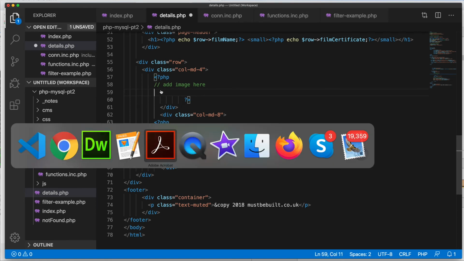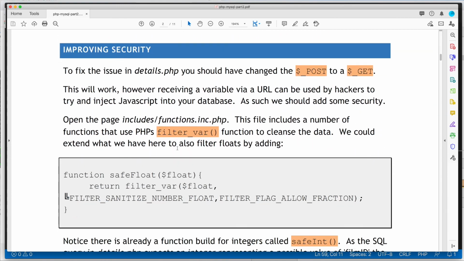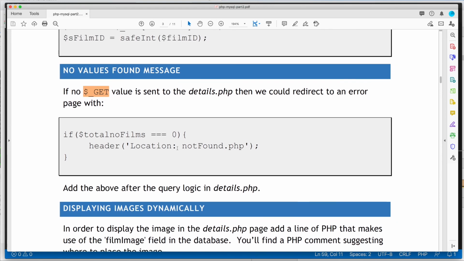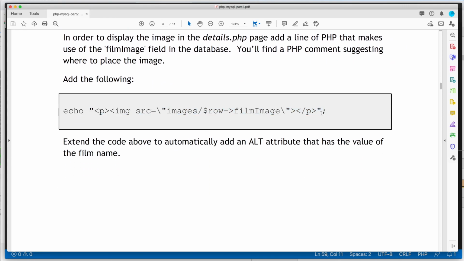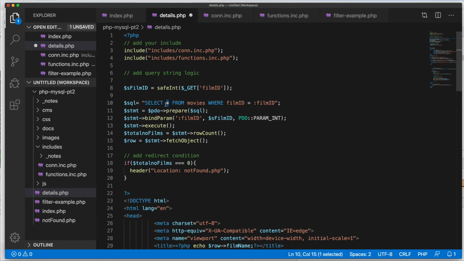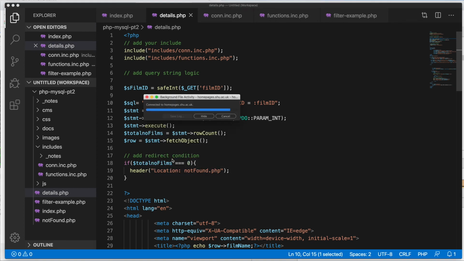In the PDF you'll find a little code snippet to help you here, which is this one here. It's using the same idea of the escape characters. Notice that I would want my href value for the image to appear inside a quote. So this is escaping that quote, so it doesn't pair with that one. Film image we're getting from our query because we've done a select star, give me everything. So we should now see the film image displayed,